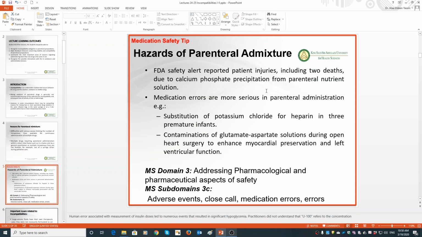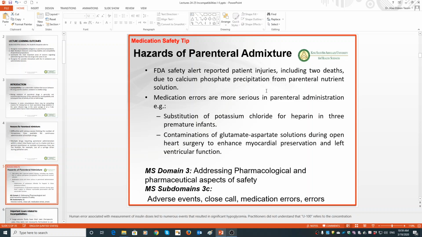Also, the complication will be very rapid, so this issue needs more care. For example, medication errors, where you replace a medication for a patient with the wrong one by mistake, human error. For example, substitution of potassium chloride for heparin in 3 premature infants led to serious issues. The infant should take heparin, you give him potassium chloride. This can lead to serious